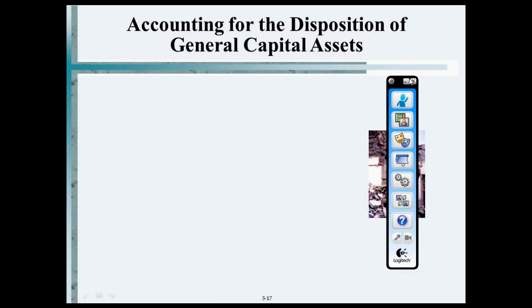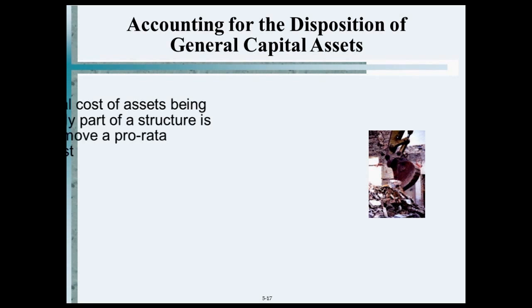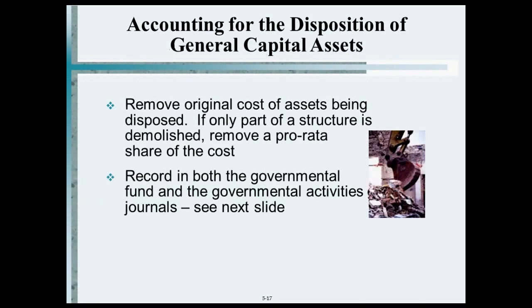So let's do this, which is accounting for the disposition of general capital assets. What this means is basically removing an asset from your books. So you remove the original cost of the asset being replaced or being gotten rid of here. In this case,